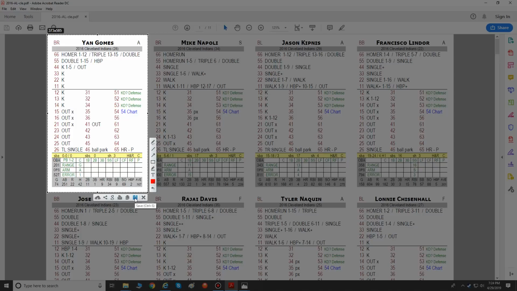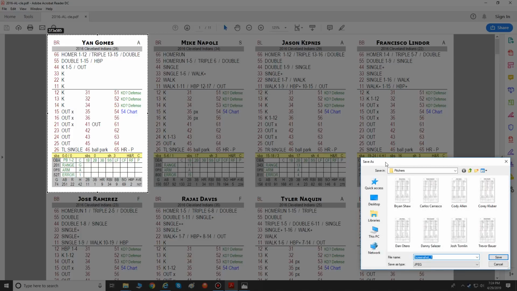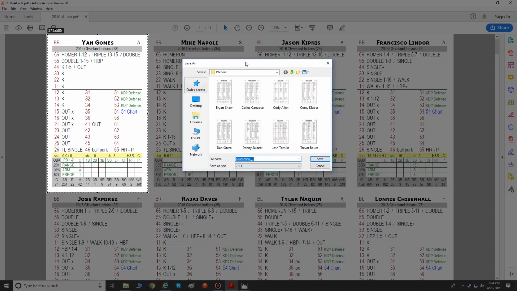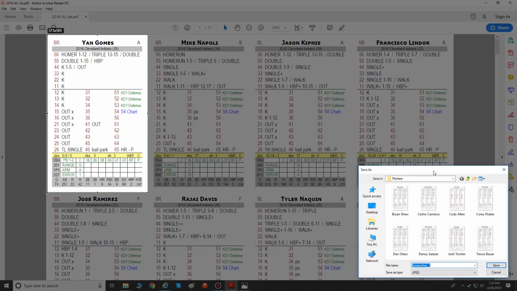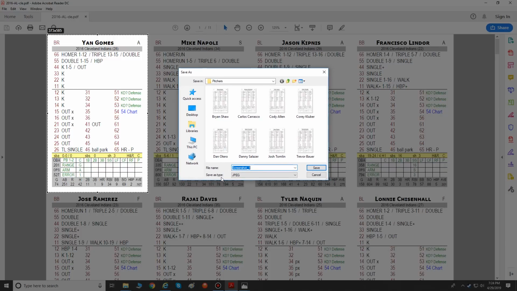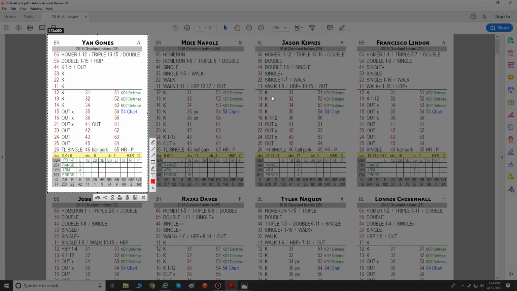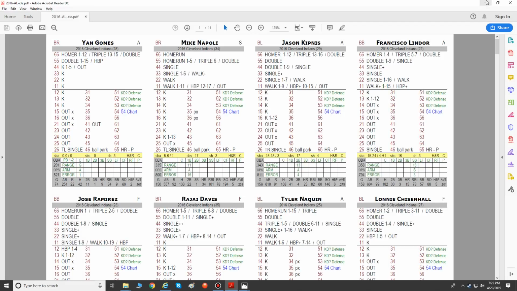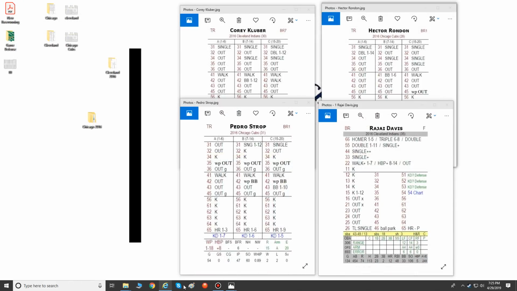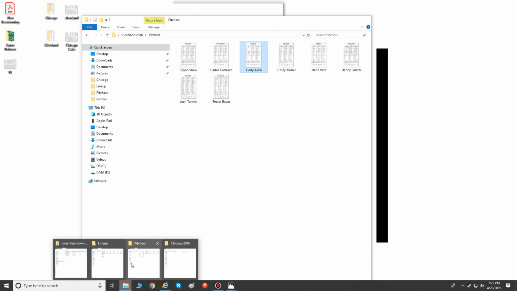When I go to save, another thing about LightShot is it'll actually remember where this box is located. What I normally do is move the box down out of the way so I can see all the players' names and make sure I'm spelling them correctly. You can just leave it in the middle of your screen if you want. Now I just need to tell it where I'm going to go. Actually, let's not save Cleveland into the Chicago. That would be kind of stupid, wouldn't it? So we are going to look for